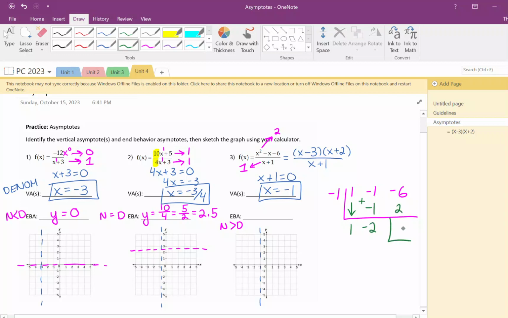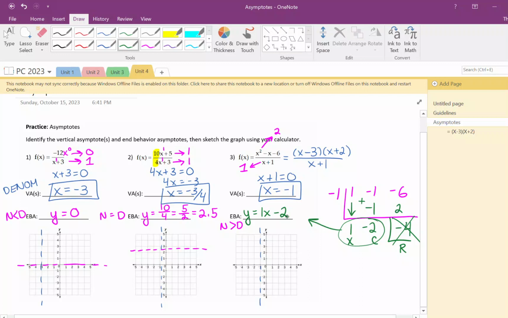and we get our remainder here to be -4. Okay. In this problem, we do not care about that remainder at all. Remember, this is our remainder, this is our constant, and then we have our x. Okay, so our answer to the end behavior asymptote is whatever we get after we divide, again, ignoring that remainder. So we get y to equal 1x minus 2, or if you just write x minus 2, that's fine as